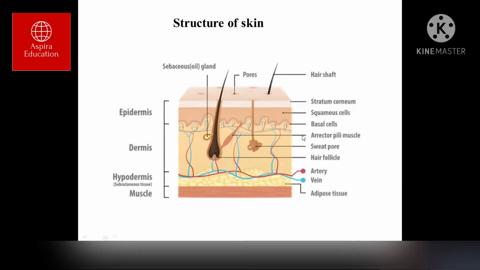So if you look at the structure here, we have the hair follicle. Hair follicle arises in the epidermis, and generally it has an attachment with the sebaceous gland, which secretes sebum. Then it also has an attachment to the erector pili muscle, which is required for piloerection. Then we have some sweat pores in the skin, which are required for sweating. Also, if you observe carefully, at the hypodermis level, we have the artery and the veins, which carry the blood supply to the dermis. Now, epidermis is usually an avascular structure.